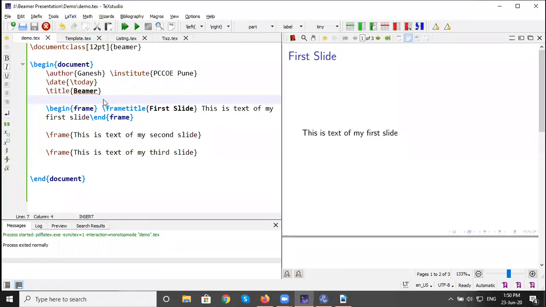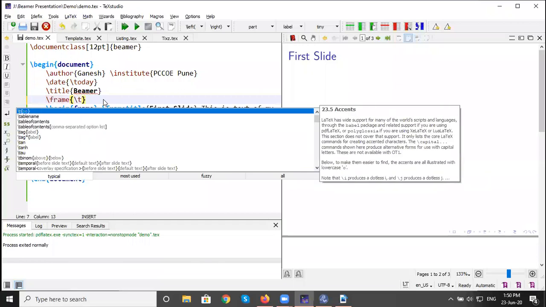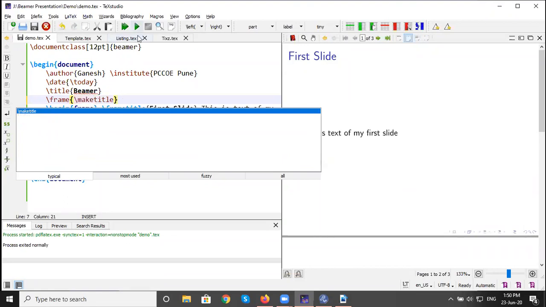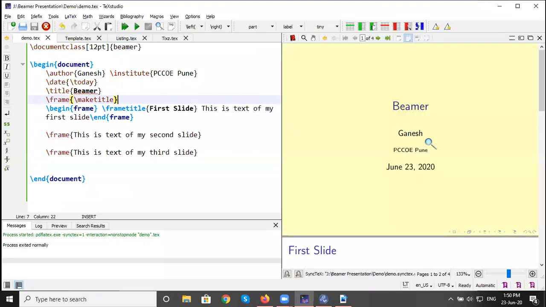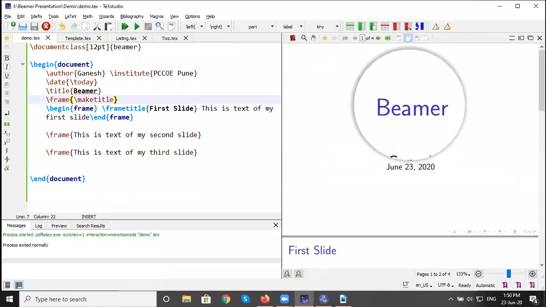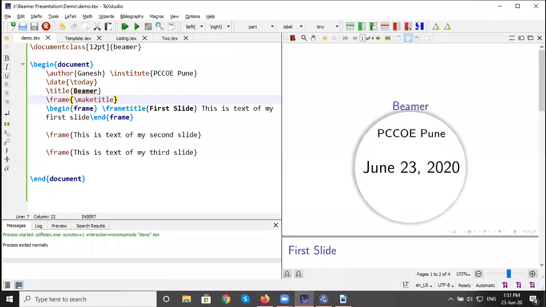So we add the frame which includes the title page or \maketitle. Now run it. So we can see the Beamer presentation title, then author, college name and today's date.